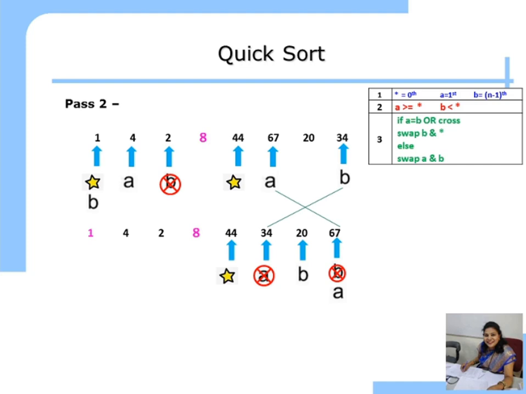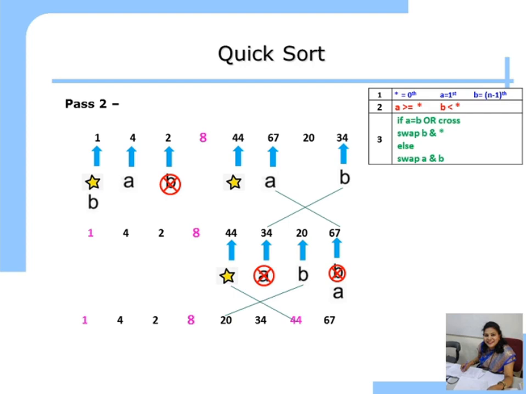So whenever they cross, we swap pivot and B, and the pivot partitions your list into two parts. After swapping pivot and B, what is pivot? 44. What is B? 20. So you will get 20, 34, 44, and 44 is sorted. The pivot is always sorted. So the finalization of the pivot element is